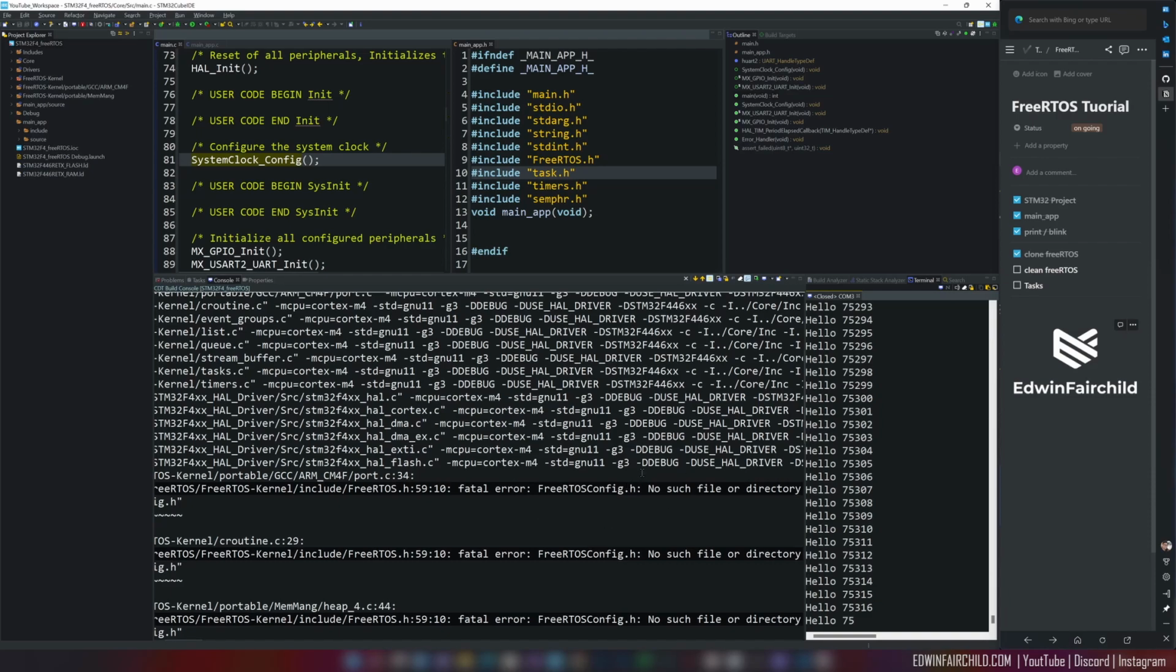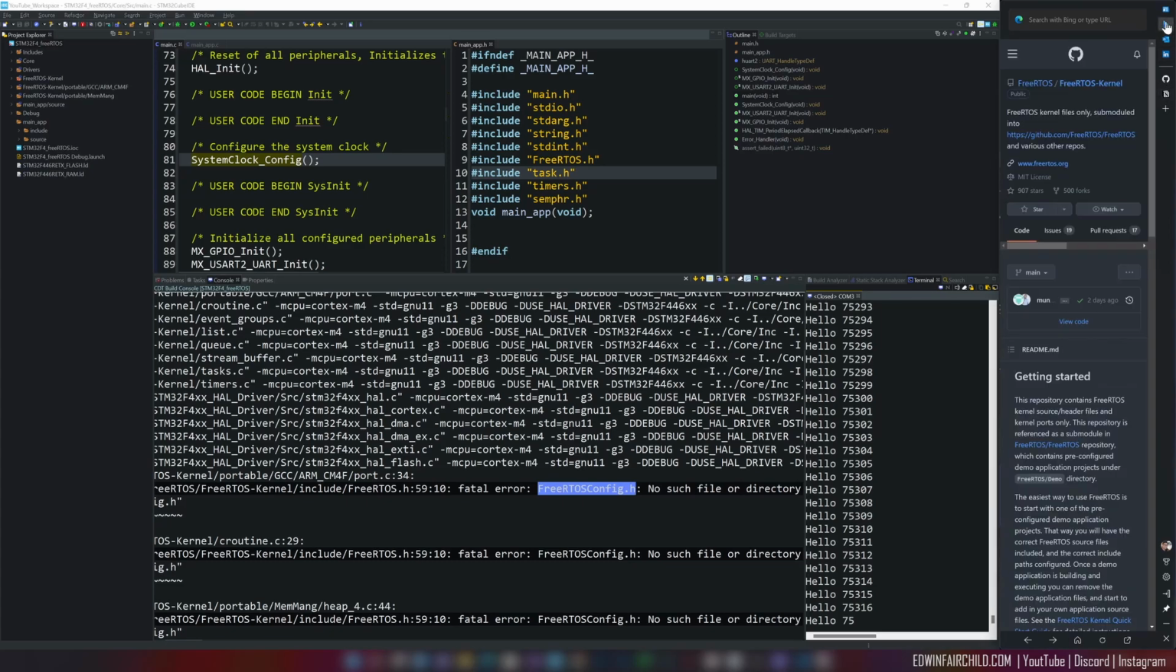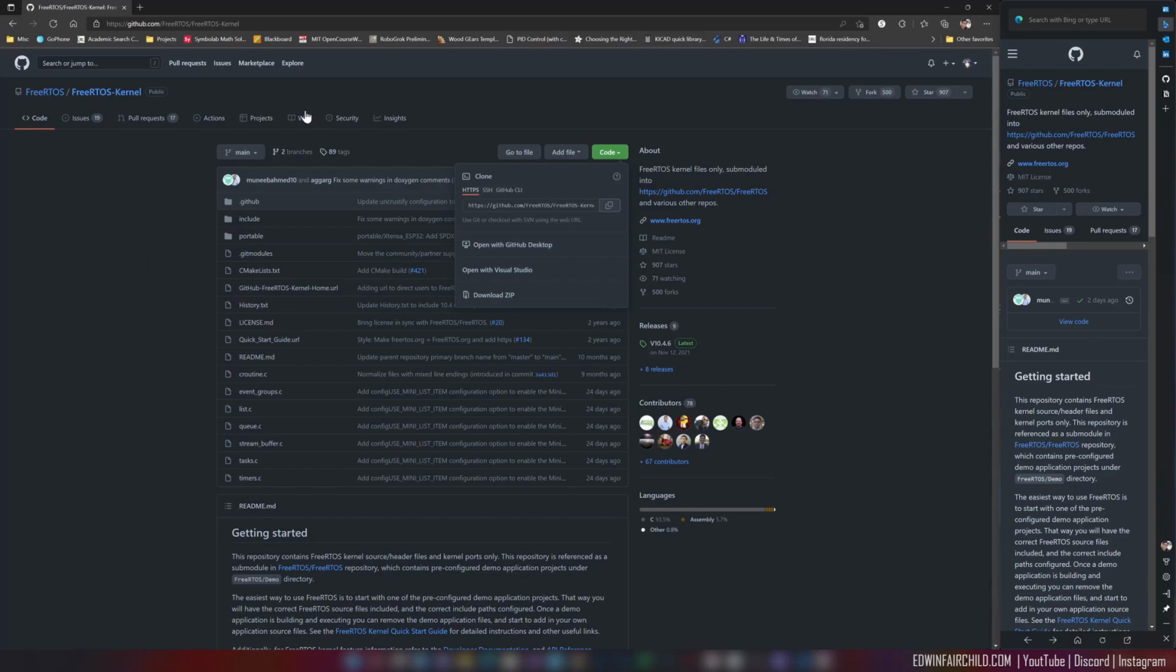The RTOS always looks for this file, and this is the only file you should be editing in order to configure anything with freeRTOS. And that file is not included in the RTOS kernel sources, because obviously it's just that, it's just a kernel source. So let's go back to where we were. Let's open this up again. Go back to GitHub, go back to the freeRTOS repo, and